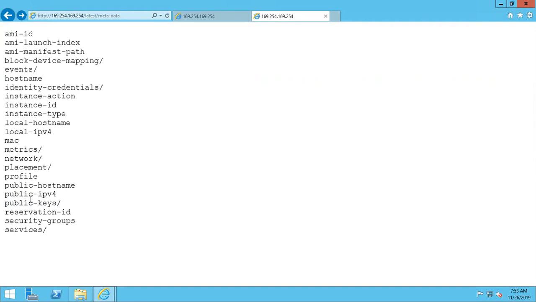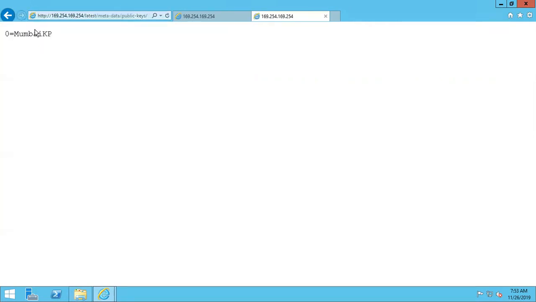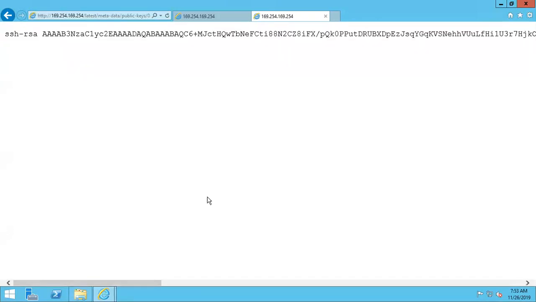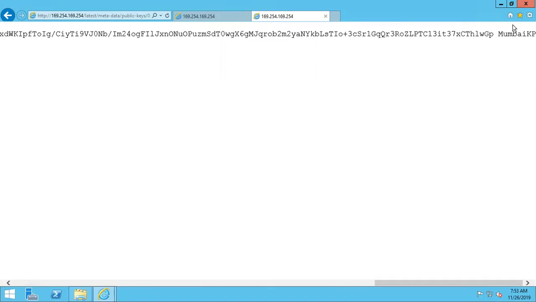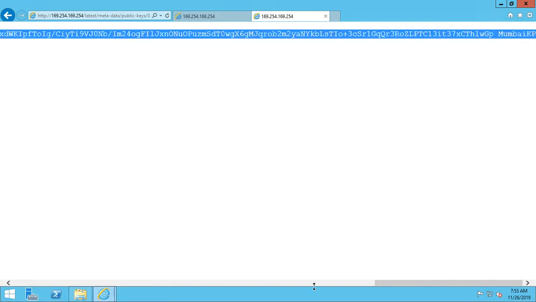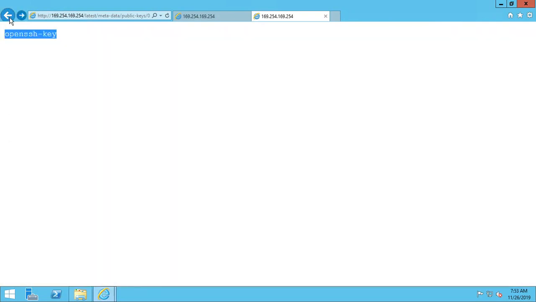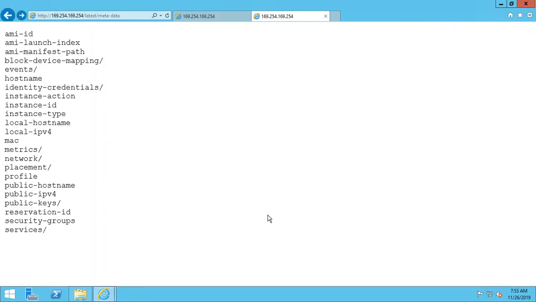And if you want to view the public key stored within this machine, copy these public-keys. So it is showing 0, that is nothing but Mumbai key pair. Then give 0 here, click on enter, and we have another file called openssh-key. Just go here, give / give openssh-key. So this is what the public key stored in this machine, Mumbai key pair. So we are browsing one, right? We are browsing the PEM file that is going to validate against this particular file. If it is matching, then only it is going to give a password. Otherwise, it won't give a password.